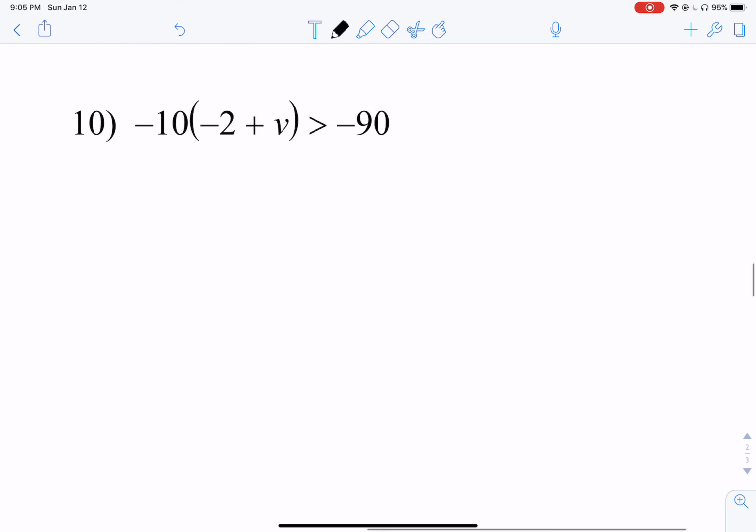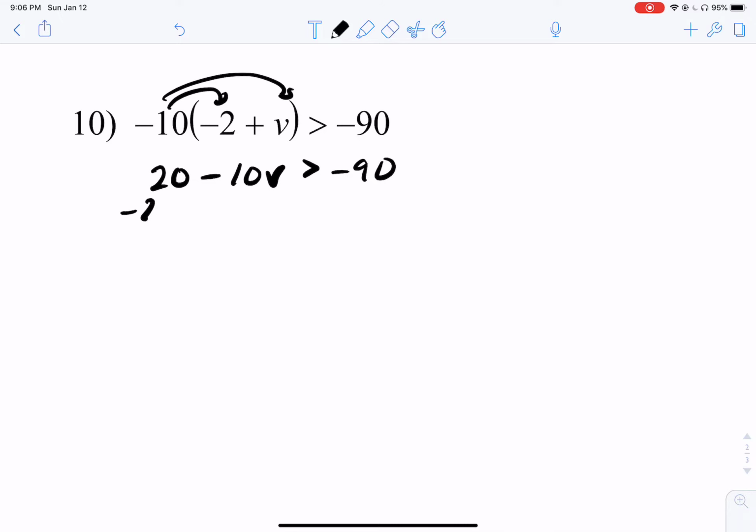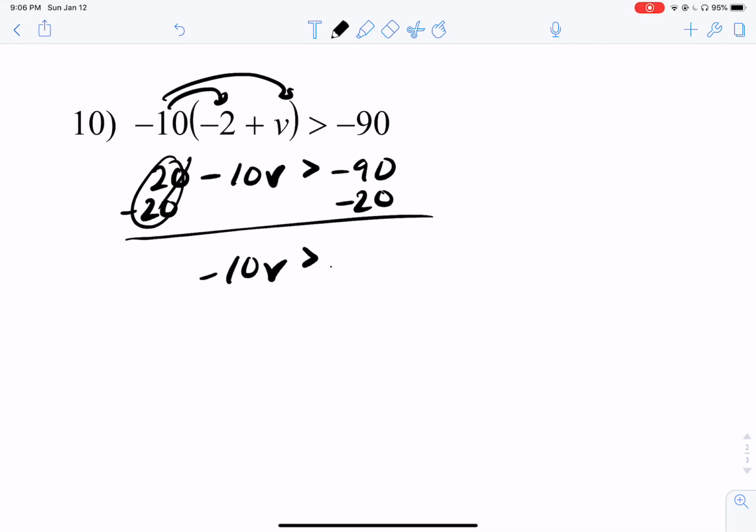And now for number 10. For number 10, instead of dividing both sides by negative 10, I'm going to distribute the negative 10, so we end up with 20 minus 10v is greater than negative 90. Subtracting 20 from both sides cancels out those two operations, and negative 10v is greater than negative